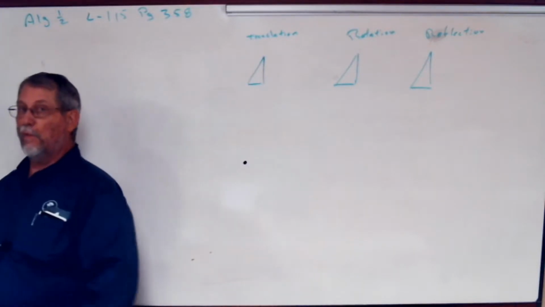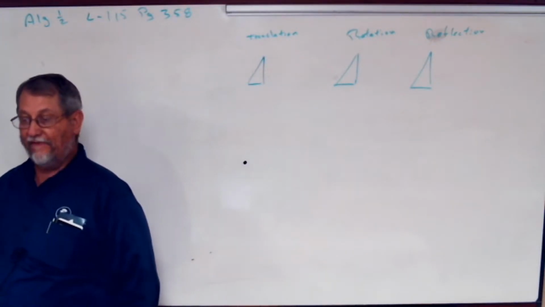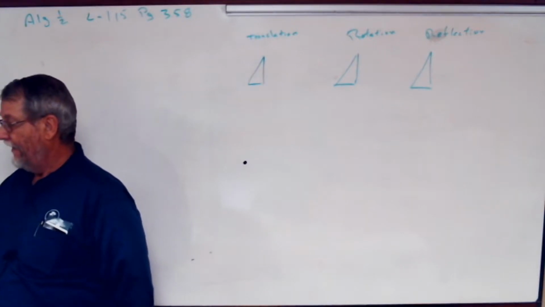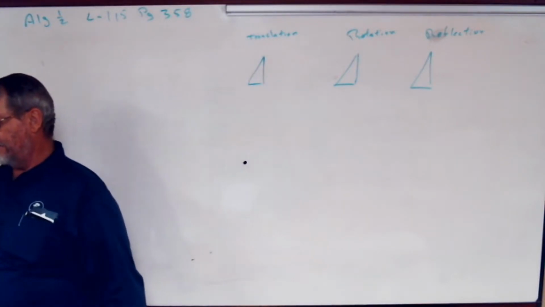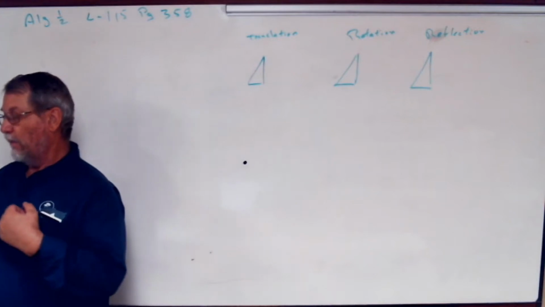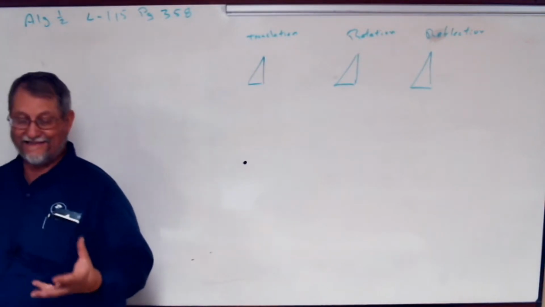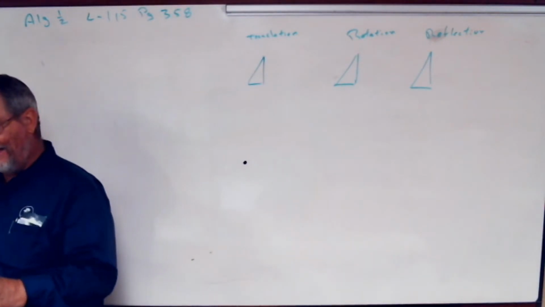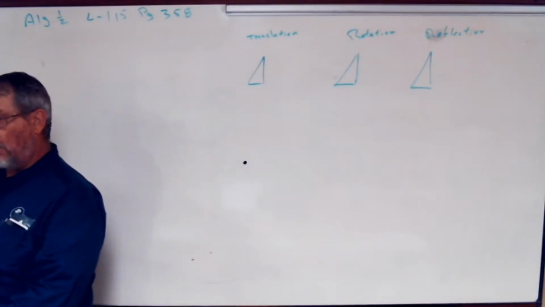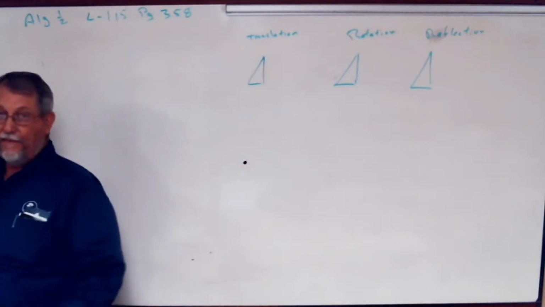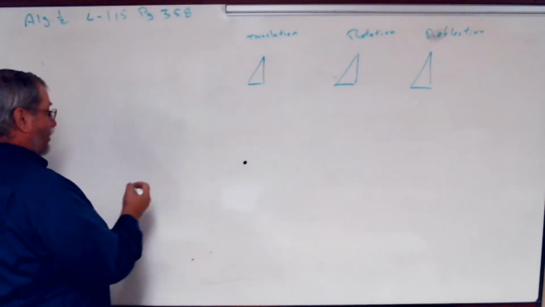Next one is the word regular. The word regular in math is a very specific meaning, okay? It doesn't mean that you go to the bathroom at the same time every day. Regular means that the lengths of the sides and the angles within the object are the same all the way around. So if I have a regular triangle,